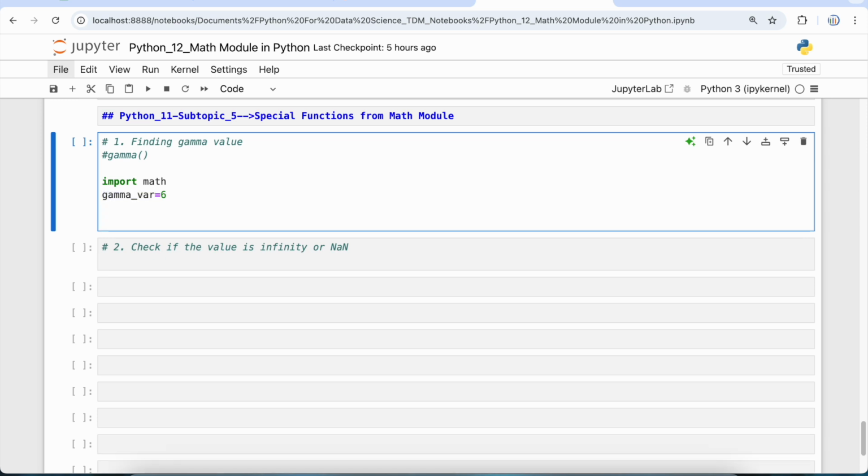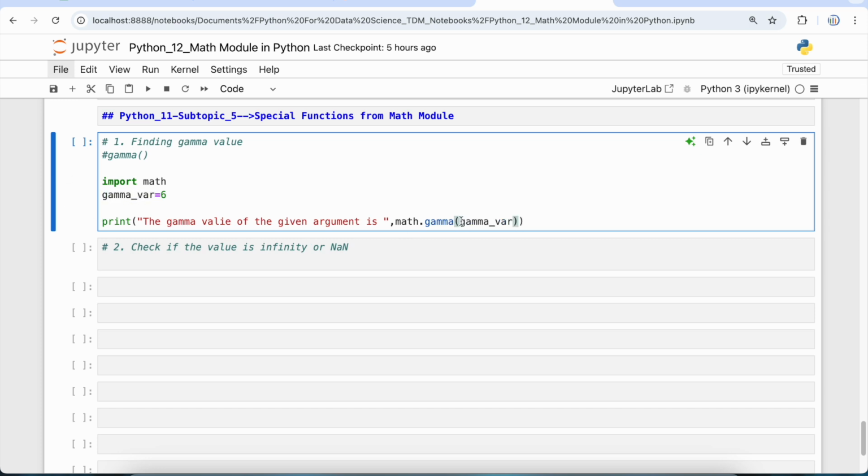So I can simply say print, the gamma value of the given argument is, then I'm simply going to use math dot gamma, and then I'm going to give this variable as an